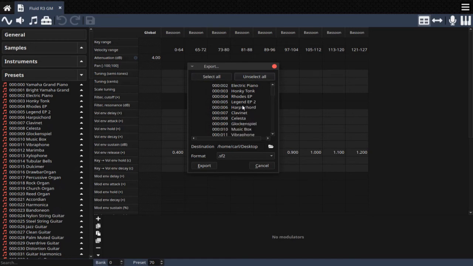I have found that the rock organ is pretty useful, even though it sounds like an electronic Hammond. There's some things we can do with it that will sound a little bit more acoustic and I think fit into our project here. So we'll grab that one, we'll grab the church organ, the reed organ. We're going to grab this one here, the bandoneon. And let's grab